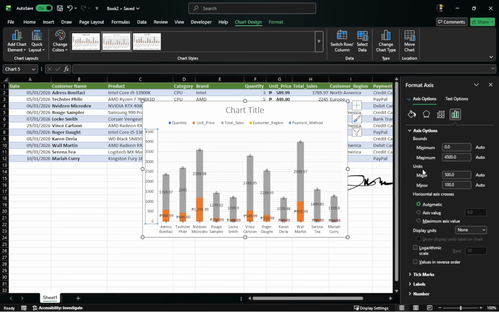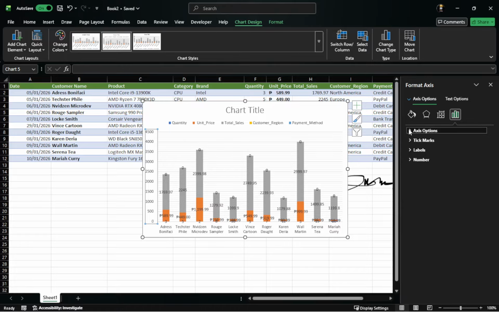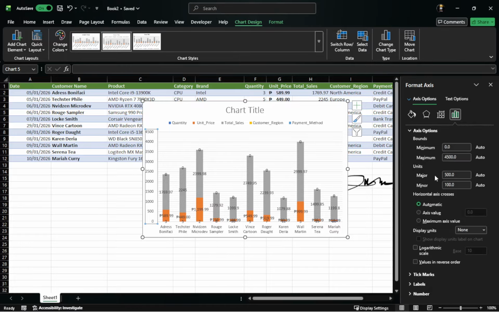If you do not see Format Axis in the menu, double-check that you right-clicked on the vertical numbers and not on the plot area or a bar. The Format Axis pane will open on the right side of your Excel window. This pane usually has several icons near the top, and you should see axis options already selected. Any change you make here applies immediately to the chart, so you can watch the graph update as soon as you change a value. Now look under Axis Options to change the y-axis range.